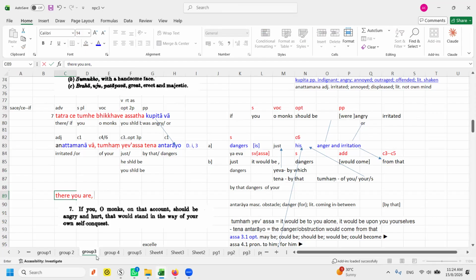You see, if I want to translate another way, there you are. You see this tatra is there, and if you use that, it means you have to, there you are. And then you ask me where is the "no ma", there you are. So in this case I will put "monks, there you are." See, monks, there you are. If then I put "if." In this case, if I put "if"